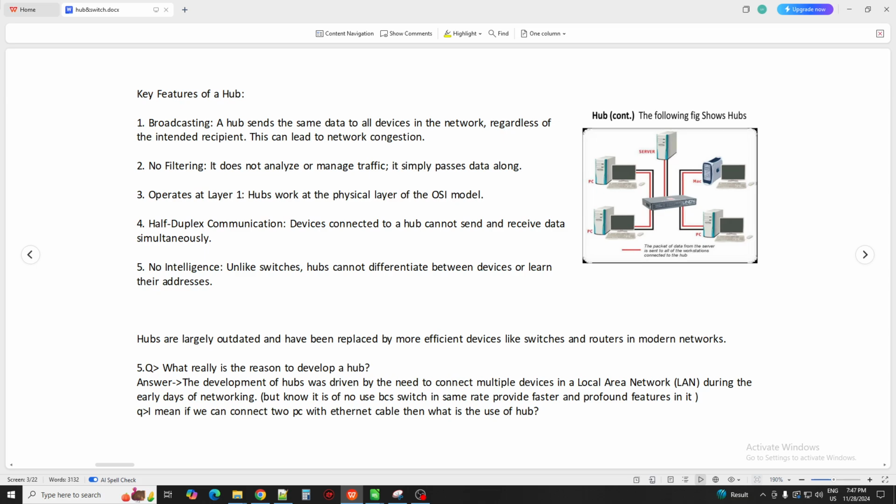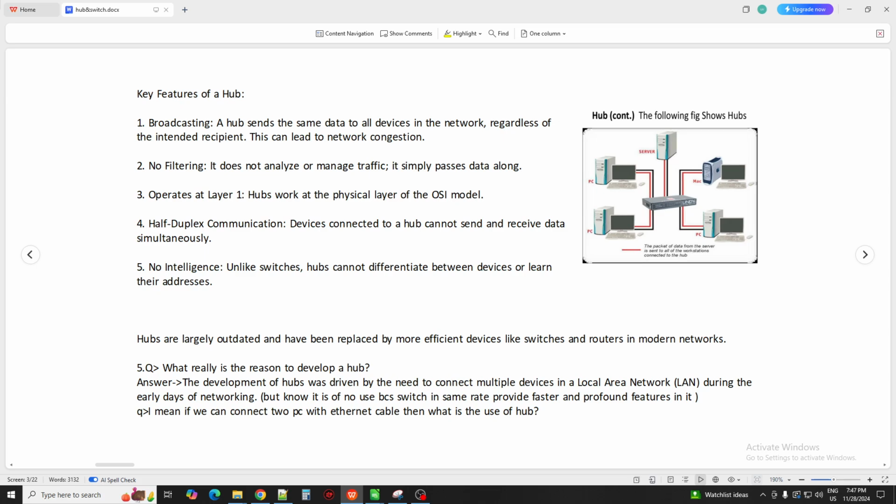So this is called full duplex communication, where you don't have to wait for the other person to speak. You are getting my point. So this is half duplex communication. In a hub there is half duplex communication: when the sender is sending the data packets, the receiver has to wait, and the receiver can send data only when the sender has completed sending the packets. The process is completed, so you have to wait.